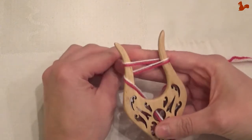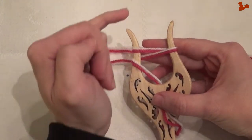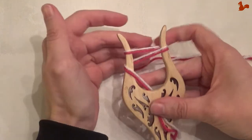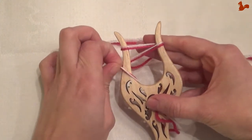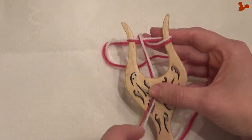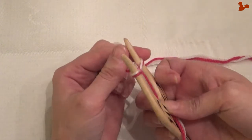What you now want to do, and these first one or two stitches are a bit fiddly, is we're going to take this yarn here and take it over the prong here on the right. While you're doing so, you don't want this to slack, so you want to keep this thread tight also. So you're going to have to bring this slightly up and over. And then I'm just going to bring that back in so that's nice and tight there. Turn the fork around,